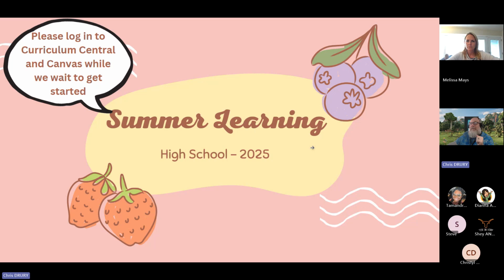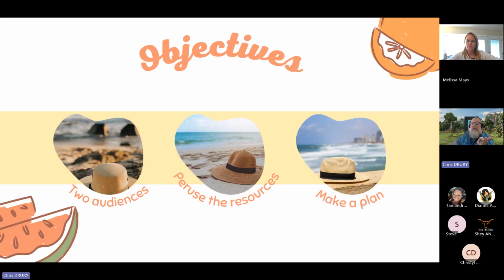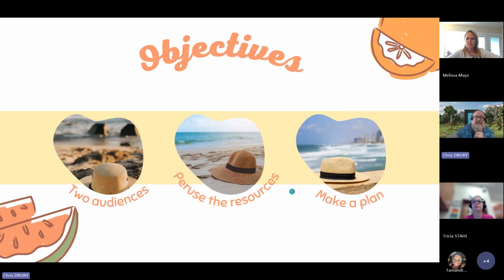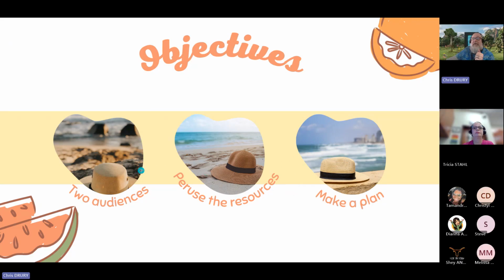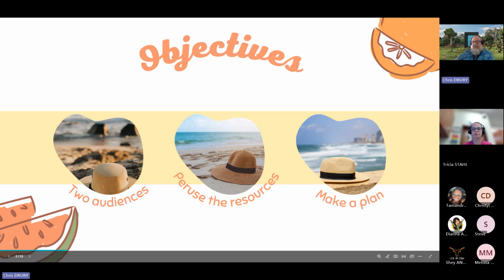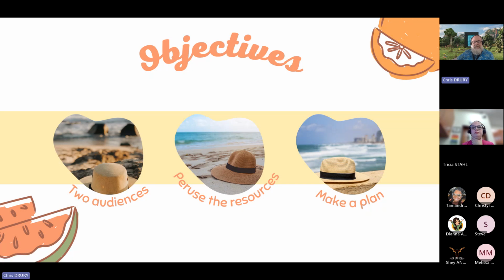Summer school learning, a quick overview. We have several things going on. There are two audiences in the room today, probably actually three. We have people who are working on EOC and credit recovery for English 1 and 2. And then we have people who are working on advanced English 3 and 4. It's built for those people, but I will show you all of what's going on with that in just a second. I'm getting distracted by the transcript scrolling over there.